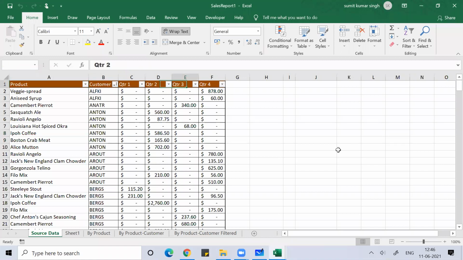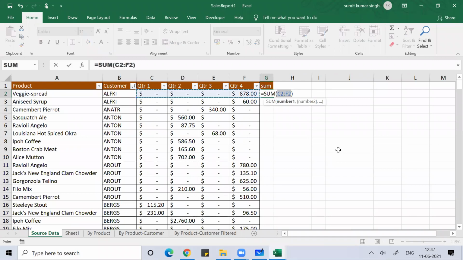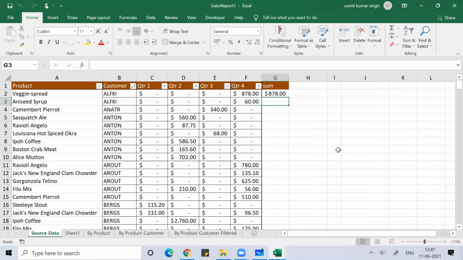They're very useful commands. Now, if you want the sum, guys, if I want the sum product wise, quarter one wise, anything, how do we perform the sum? The shortcut key to do sum is Alt equal to. If you press Alt equal to, you can do the sum.